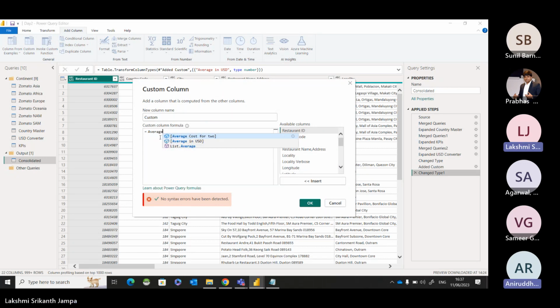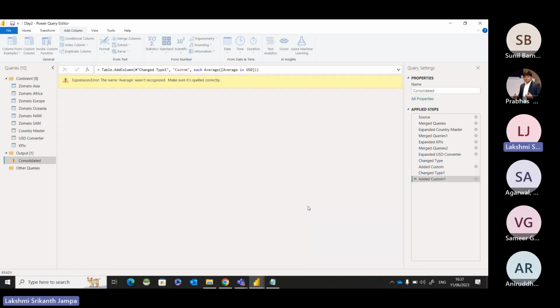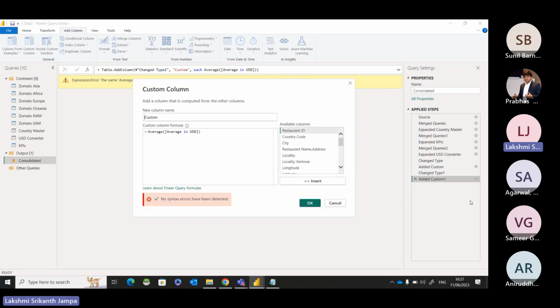Average can be for which column? I need to choose one of the columns for which I want the average. So I'm going to say, okay, calculate the average for the average in USD column and then click OK. So I can create an average column. Anyways, you don't need to worry, this is just a sample. This is a column I can create. Or, let's say if this is not the case,